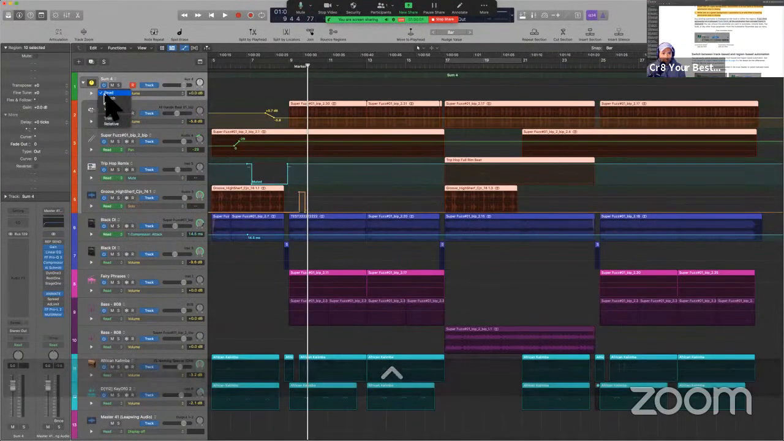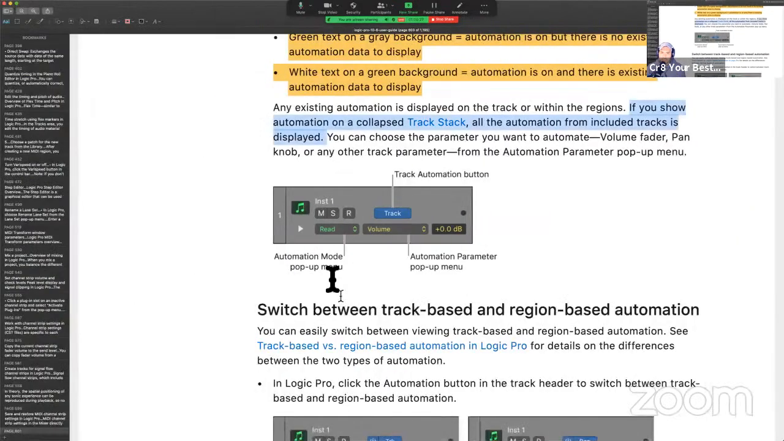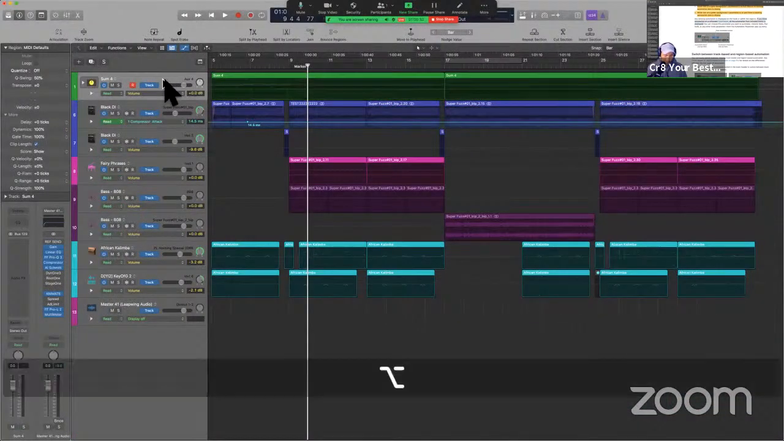Now, if I click here, it's letting us know that there's no automation on the track stack as a whole, but of course there's automation within the individual tracks. So that's an interesting way of looking at this. All the automation from the included tracks is displayed. Okay, so I think what they're saying is, when I collapse this,